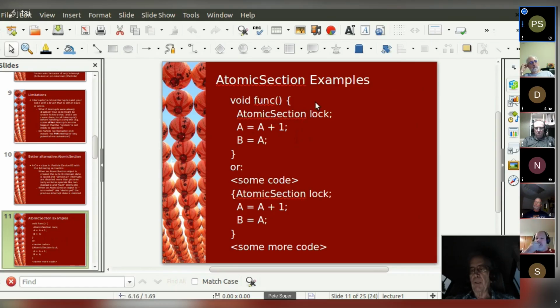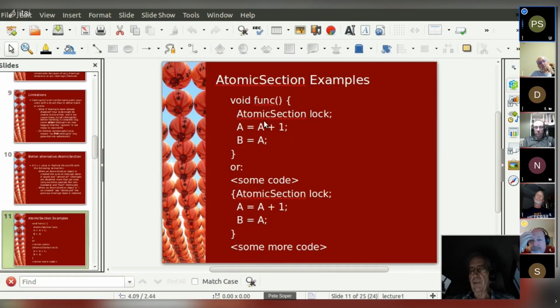And the way C++ rules work is that when you have a new function, or if you just have a block delimited by curly braces, it creates a local scope. And within that local scope, the lifetime of this object is only the same as the lifetime of the curly braces.